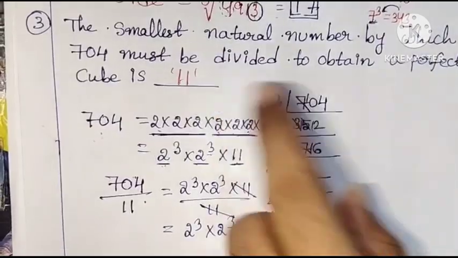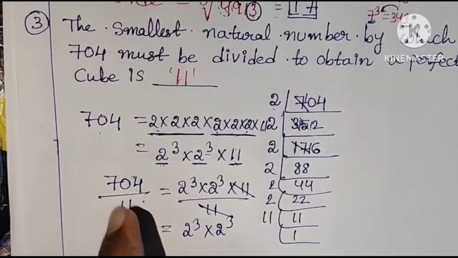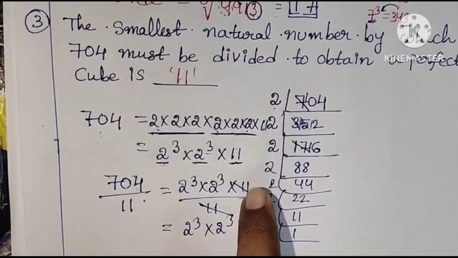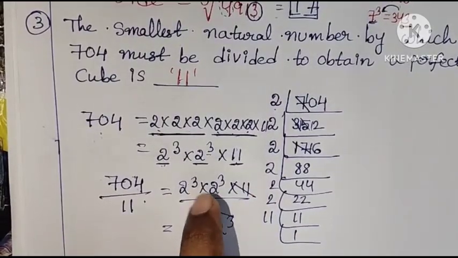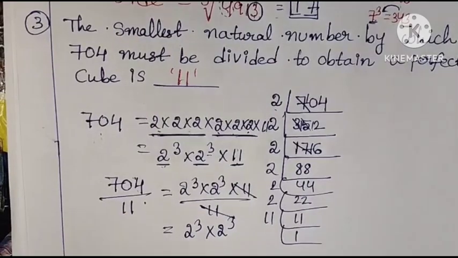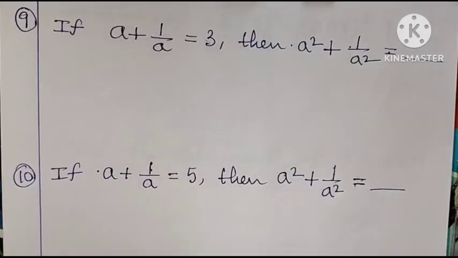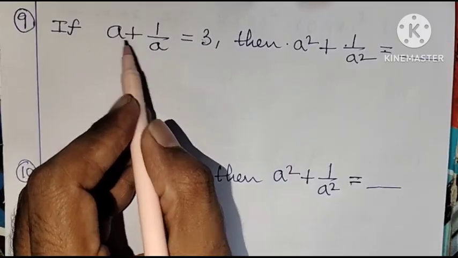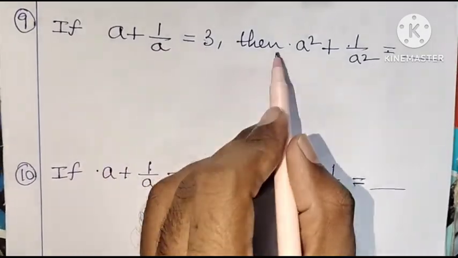It must be repeated 3 times, then only 704 becomes a perfect cube number. So to eliminate 11, we should divide this number by 11. ఇది perfect cube number అవ్వాలంటే మనం 11 తో డివైడ్ చేయాలి, 11 ఎలిమినేట్ చేయాలి. ఓకేనా? ఆన్సర్ ఇస్ 11. And next one, if a plus 1 by a is equal to 3, then a square